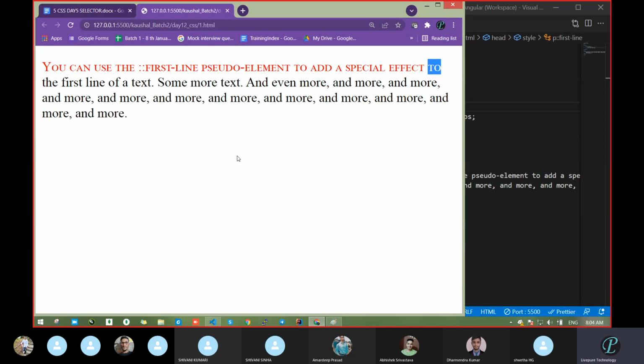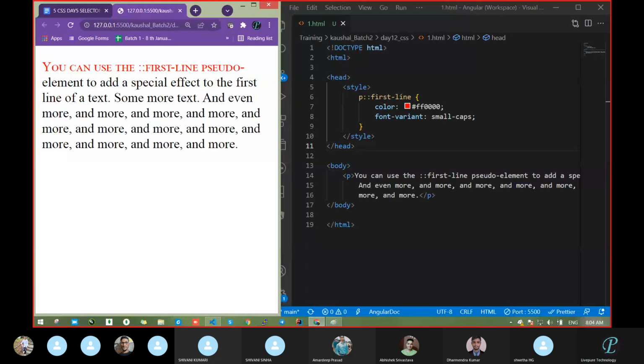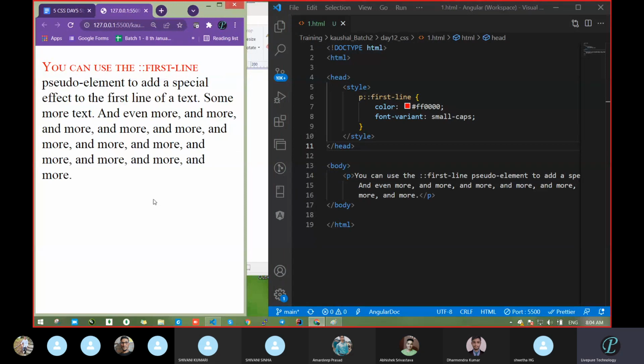Please keep your eye there. You will realize some changes. That's why I am asking about the last word. What is the last word now? First line. And where is that true?